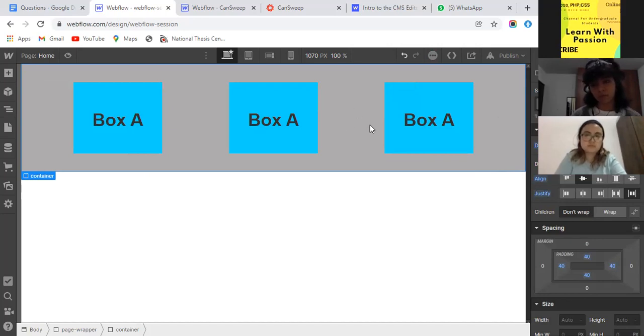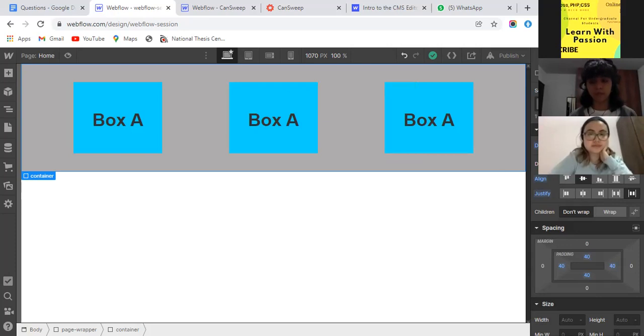This Flexbox is basically used when the user wants to handle the items horizontally or vertically. If the user wants to handle it horizontally, the direction should be horizontal, right? Here is the horizontal.